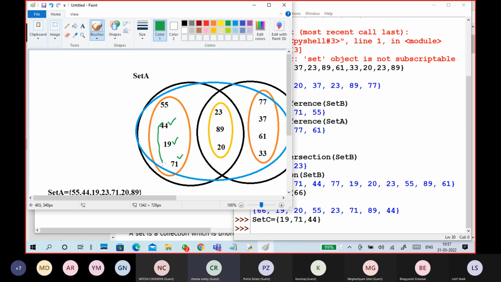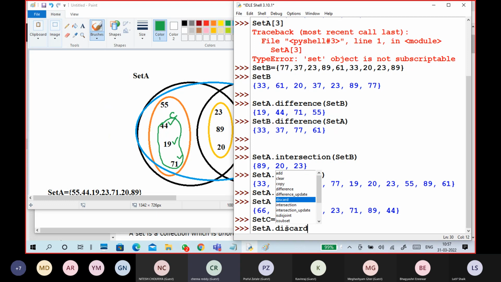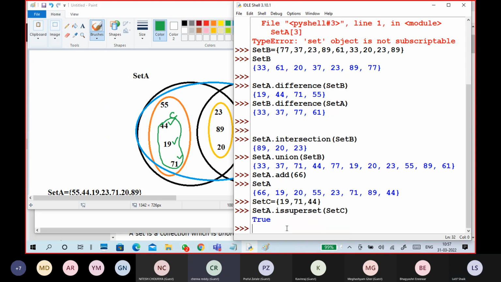These three are in set C. So obviously, the entire set is under set A. So I put set A dot is superset of set C. True. Because set C elements are inside set A. So set A is a superset.